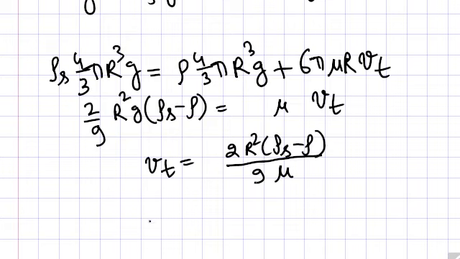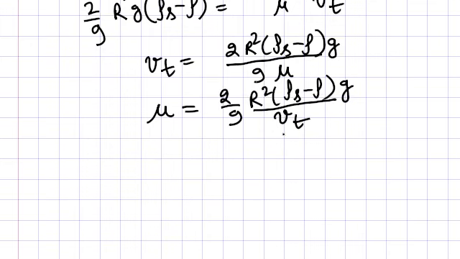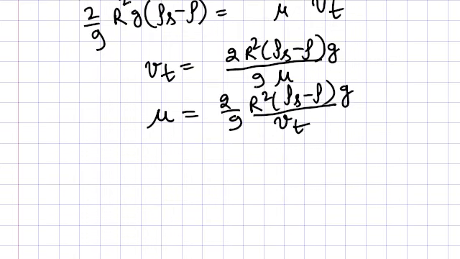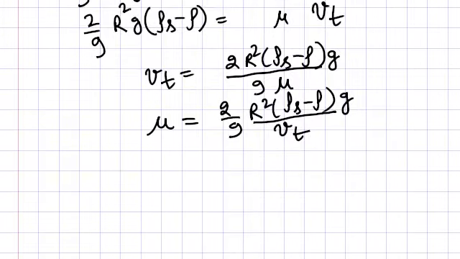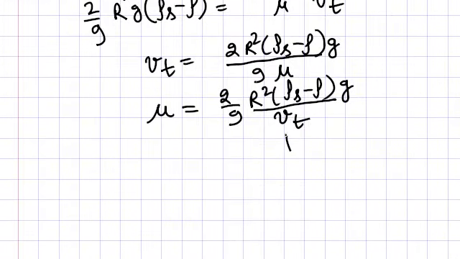Now this expression can be written in terms of terminal velocity like this, 2 r square rho s, this, or it can be written in terms of viscosity. So this way, if we know the terminal velocity with the help of this equipment, you can put the terminal velocity here, and all this data you know already. This and radius of the sphere you can measure, so you can get the viscosity of the fluid. This is one method, and it is called falling ball viscometer.